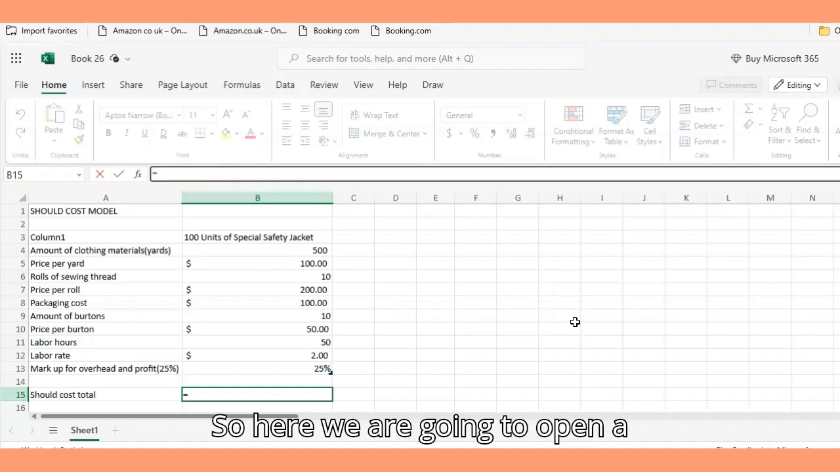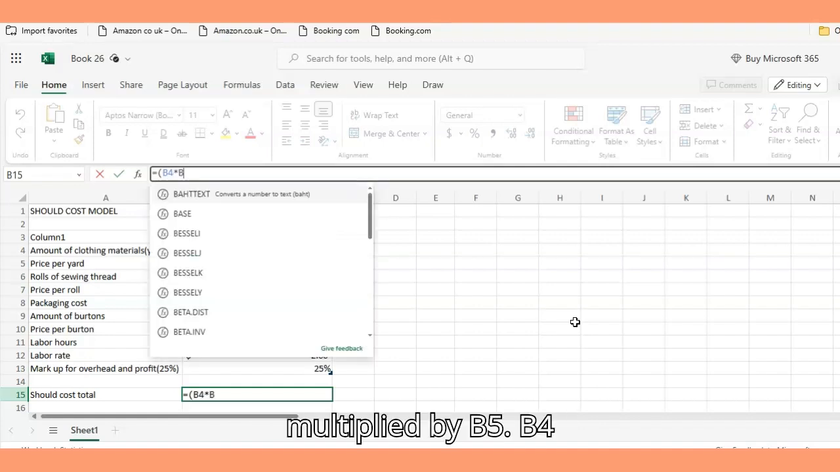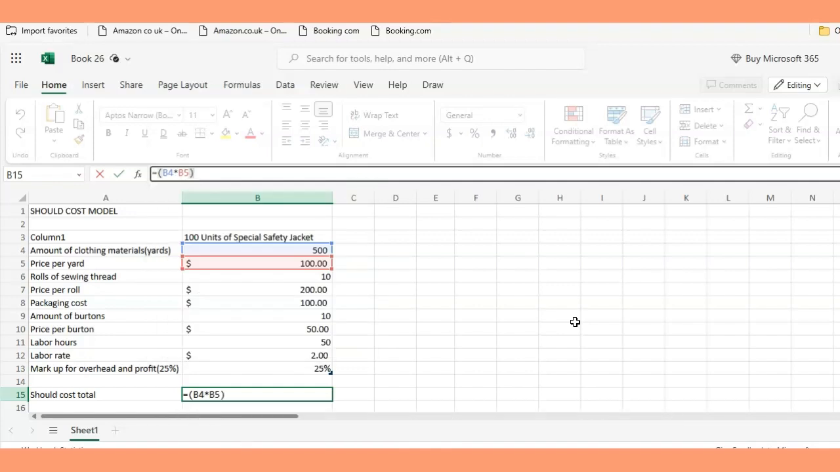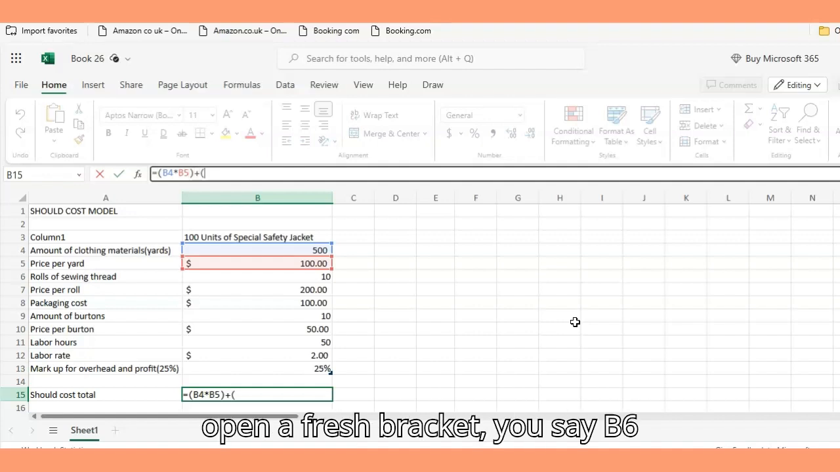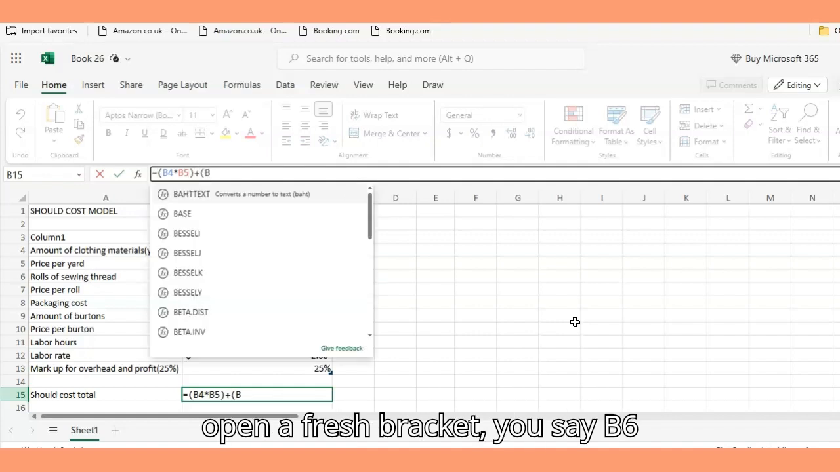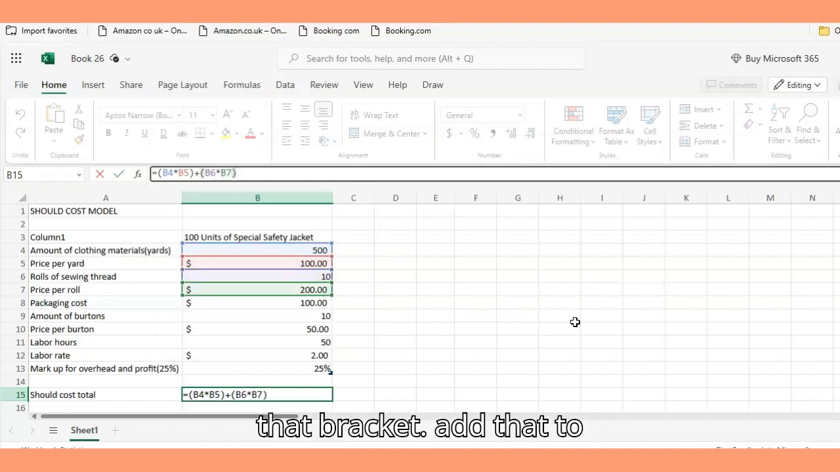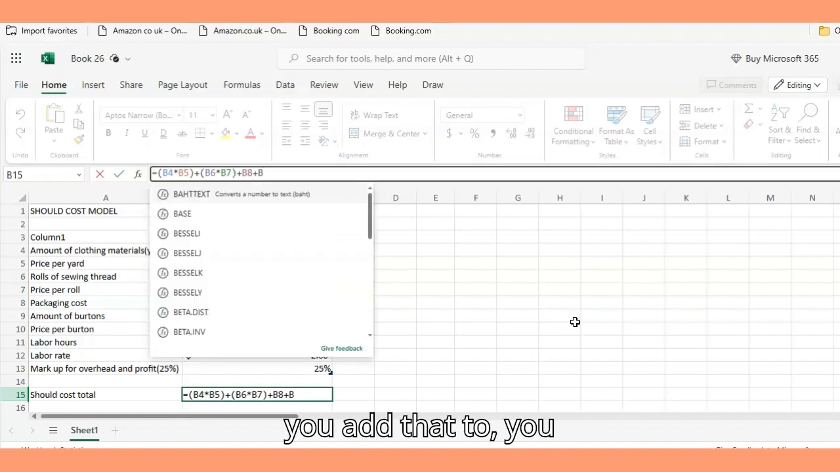So here we are going to open a bracket and we say B4 multiplied by B5. B4 is the quantity of material that we need, B5 is the price. You add that to, open a fresh bracket, you say B6 multiplied by B7, you close that bracket, you add that to B8, which is your packaging cost, you add that to,